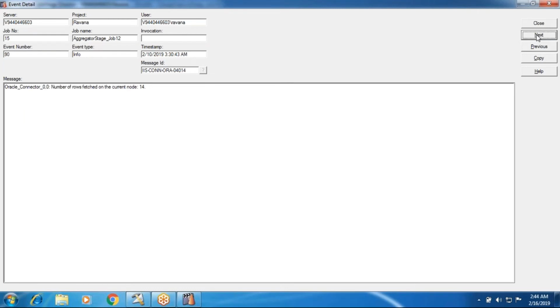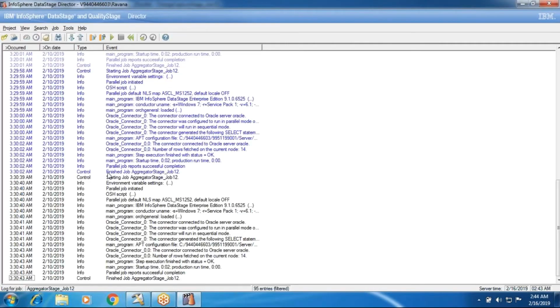Next, the character server connected, the current node, and the status okay, finished. All this information you can see within the flow. That flow will vary from one particular job to another particular job. As a parallel job, if you are not using anything, these are the things you can see. But if you use a lot of parameters and other concepts like shared container and local container,